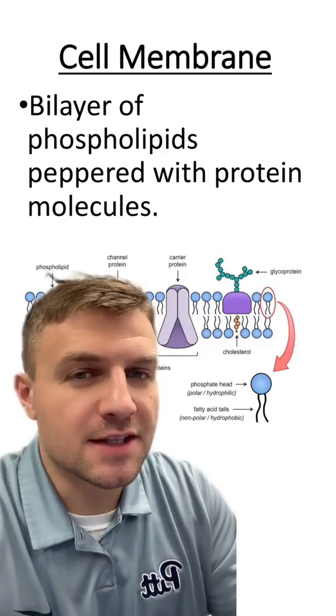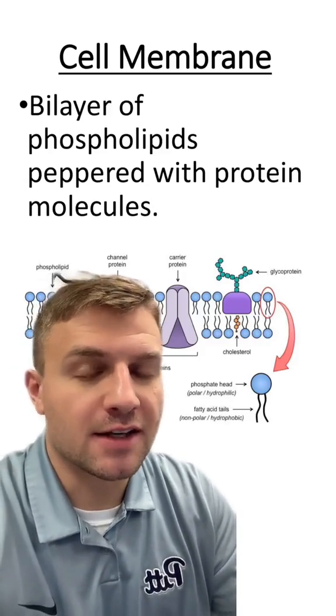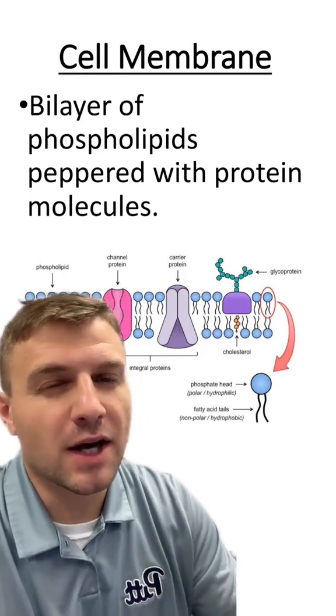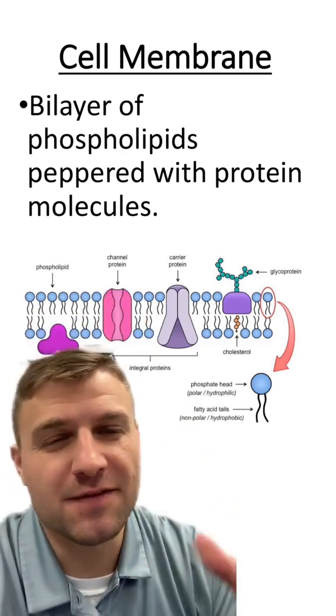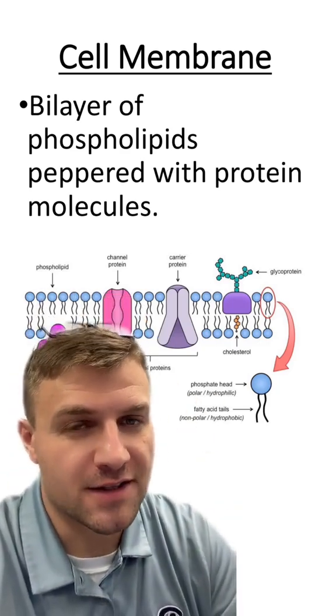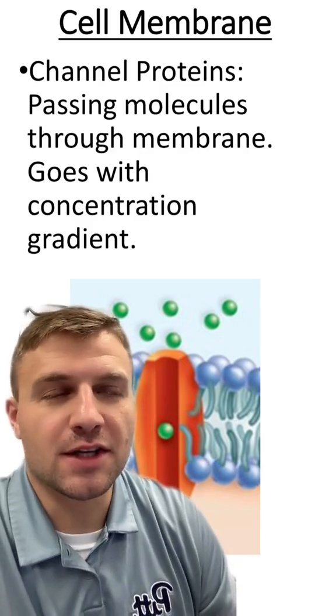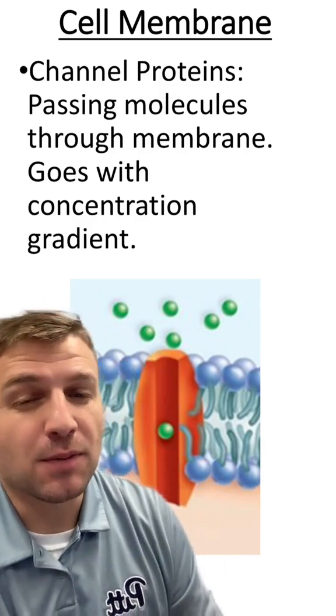Let's review the 6 main membrane proteins you're going to find in a plasma membrane. Remember that the cell membrane is going to be mainly made of phospholipids and membrane proteins. There are 6 main types of these membrane proteins that are going to be found in cells. The first type of membrane protein is going to be known as a channel protein, and these proteins allow the